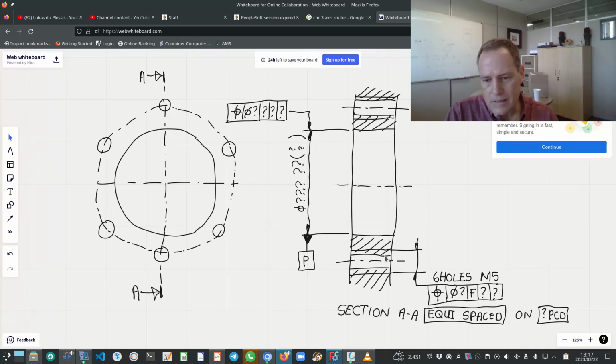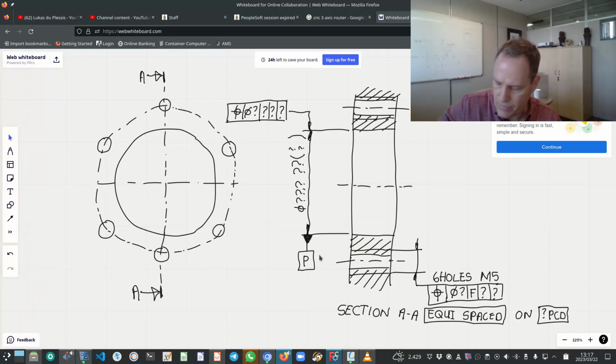And now I can dimension the tapped holes very successfully on this section view. All I need to do is put there the dimension line. I say 6 holes, M5 by whatever the pitch is. I think it's 1 millimeter, I think so, but anyway, you can check. So M5 by whatever the pitch is. I specify the positional tolerance of the center line of each of those holes to a diameter of whatever it is you need to decide. My primary datum for this positional tolerance is